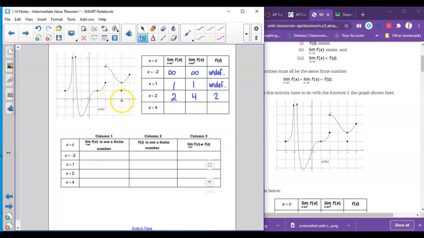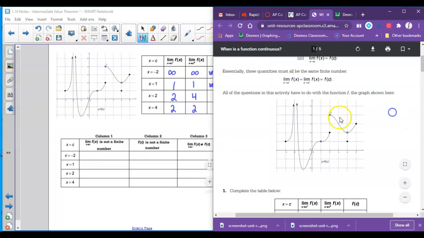And then f of 4, we can see that our limit from the left is going to equal 2. Our limit from the right is going to equal 2. But when we're looking for f of 4, they have to look at the closed-in circle down here, and that is 1. So basically this sort of has you look at all of the reasons why a function might be